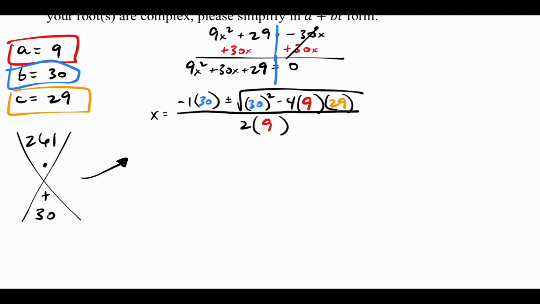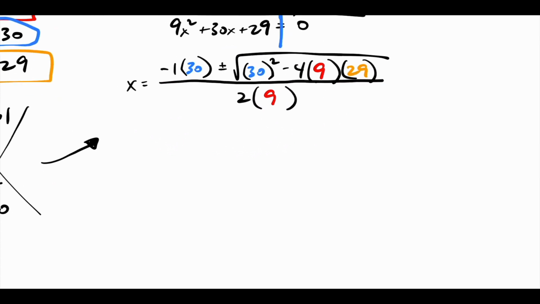So B, whatever number B is, goes in the first and second parentheses. B is always going to be here and here. A is always going to be here and here, and then C only goes in once. Okay, so now let me go to my calculator, and let's hope that I don't run into the same